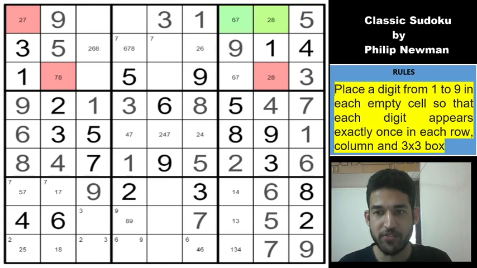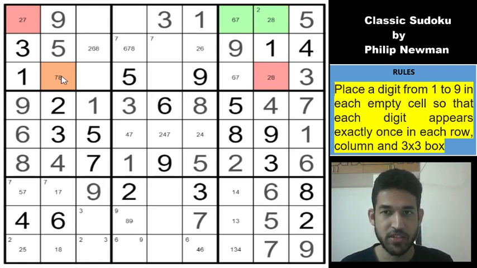Because what happens if you have a 2 in this cell is that, let's say I have a 2 here, this becomes 8 and this becomes 7, and that removes both the possibilities from the hinge cell. So this is what a Y wing is. We have covered many videos on the channel previously on Y wings. So please check our classic Sudoku playlist, and if you play out all the videos, you'll definitely become much stronger in spotting Y wings. This is a really powerful technique in classic Sudokus, and it is important to master such techniques.